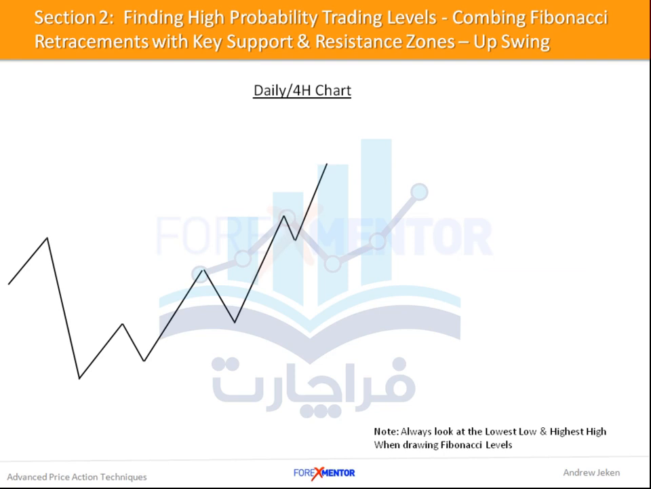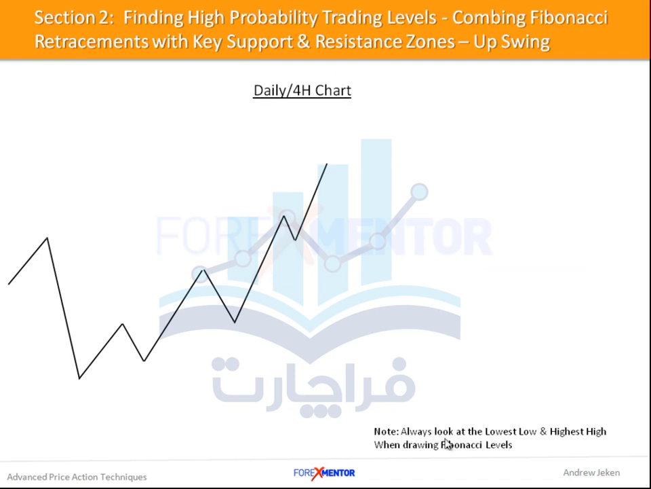Finding high probability trading levels, combining Fibonacci retracements with key support and resistance zones. In this example, we're going to use an upswing or an uptrend. Here again, please note we're looking at a daily or 4-hour chart,